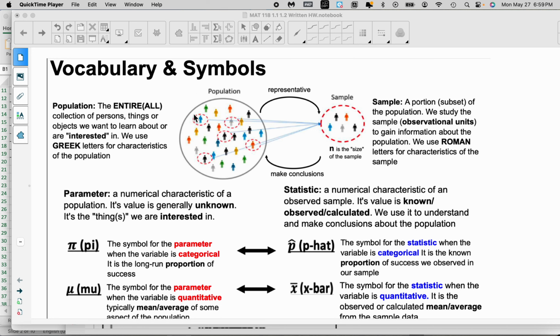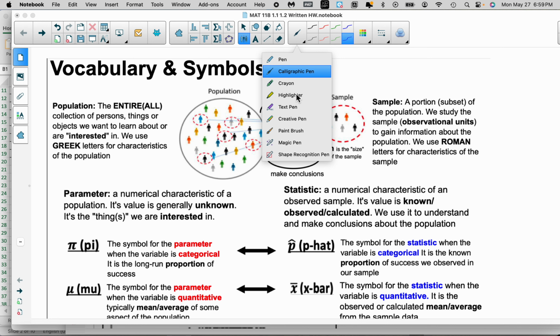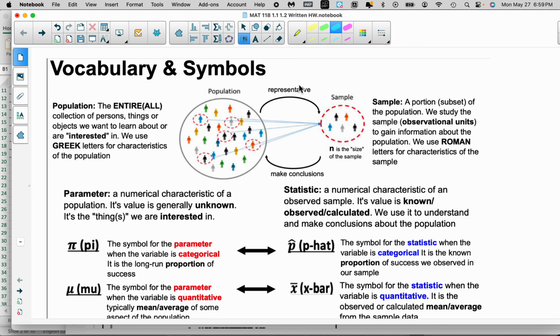Going to do a mini lesson on some of the vocabulary and how to deconstruct a word problem, and then I'll follow it up with some specific examples from the written homework. So I want to start here. I posted this slide already, but this is going to be the foundation really for much of what we do